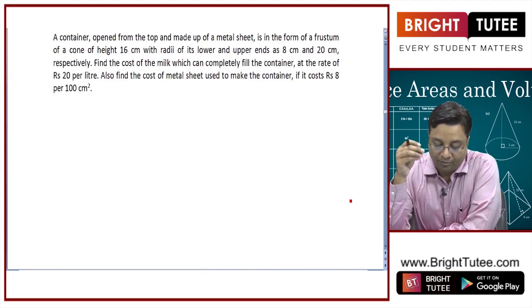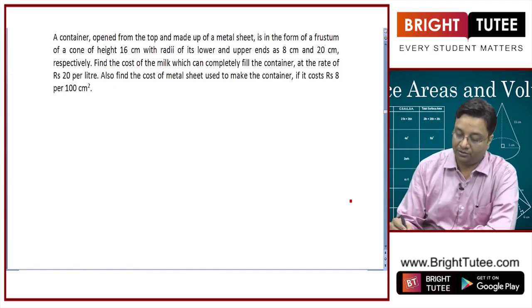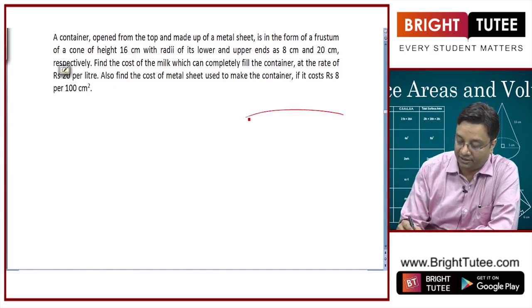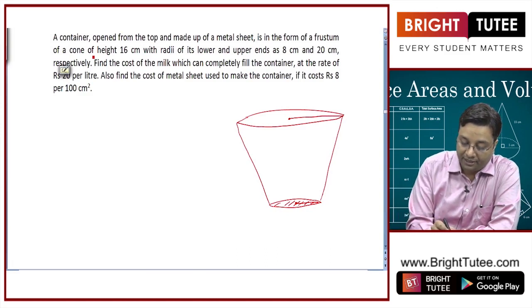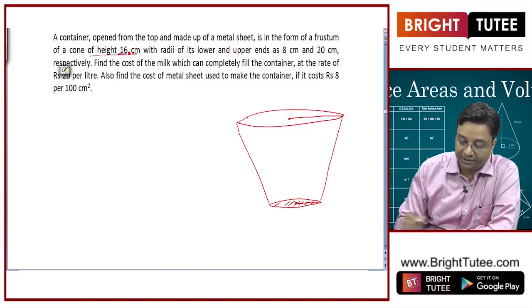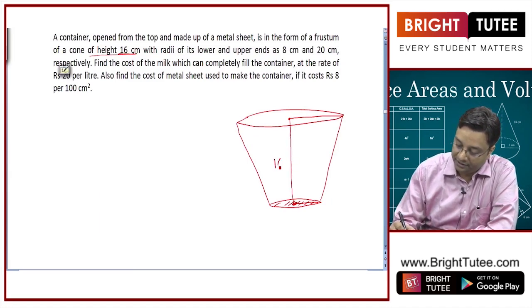A container open from the top and made up of a metal sheet is in the form of a frustum of a cone. This container is open from the top and closed at the bottom. It has a height of 16 centimeters. So this height here is 16 centimeters,